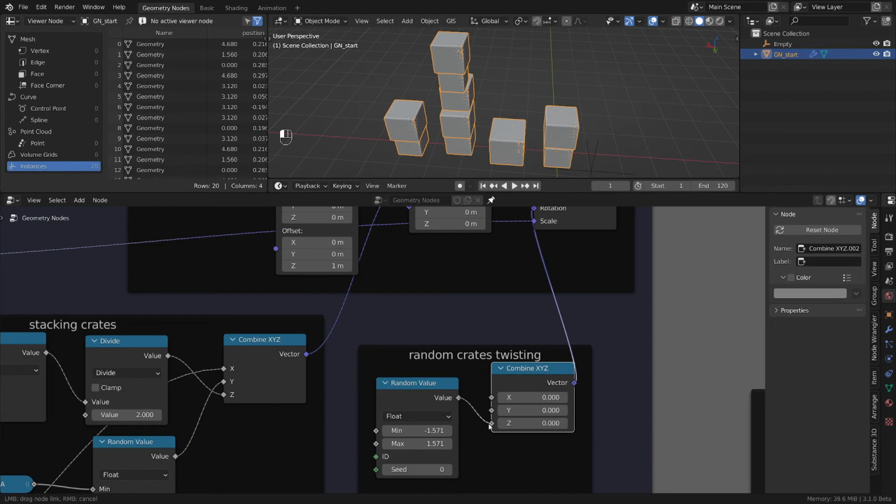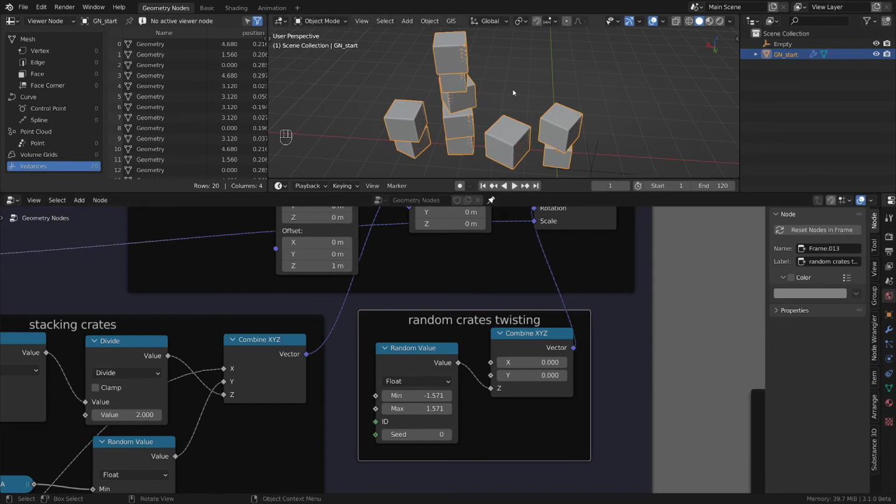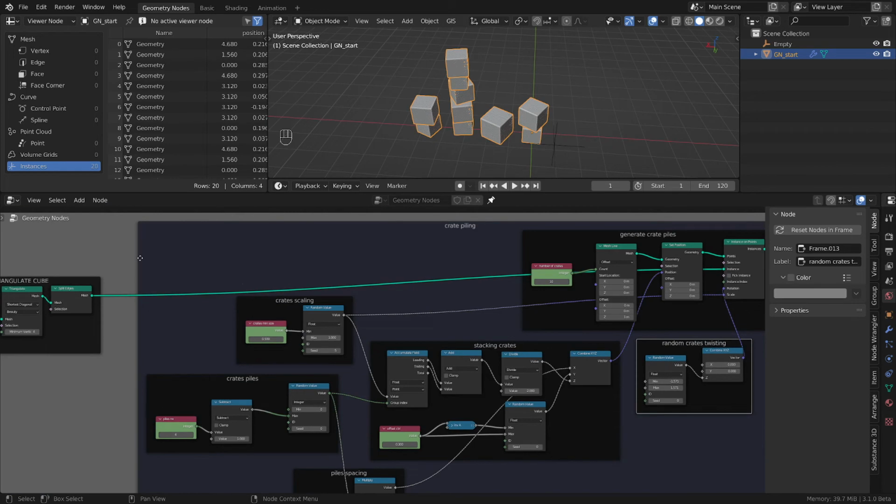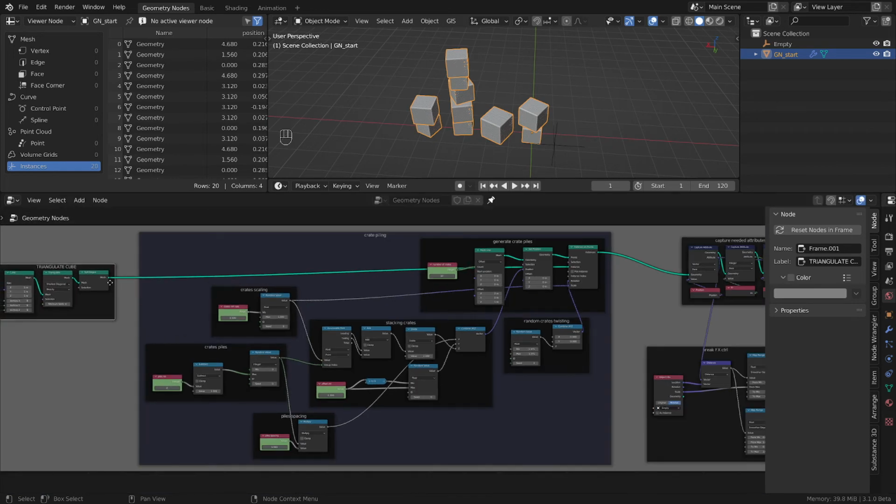I just want them to be rotated on the Z. And as soon as I do this, we get this random twisting rotation, as you can see here. Awesome. And that's going to be done